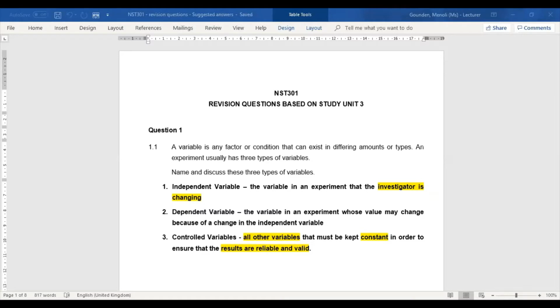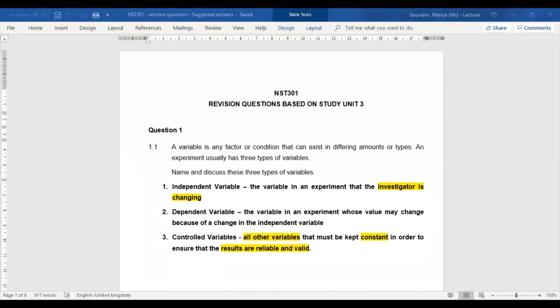So to answer this question, and for your online test on Monday, you must know that in an investigation or an experiment, there are 3 variables, namely independent, dependent, and controlled. And you also must know that the independent variable is generally the one that the scientist is changing, and as he or she changes the independent variable, the dependent variable may change as a result of that. So any other factor that may affect the change in the dependent variable must be kept the same,